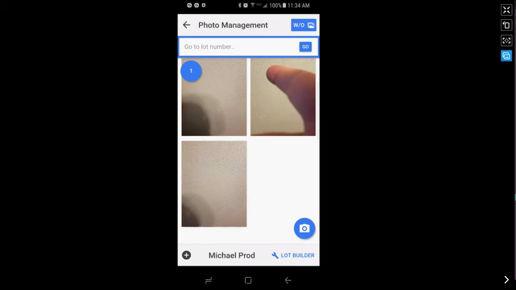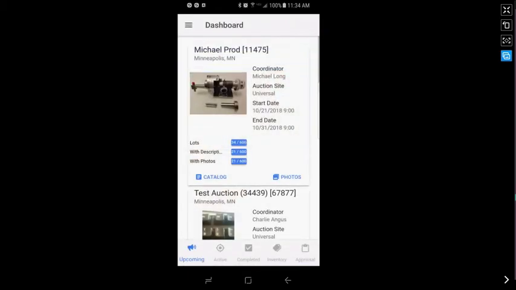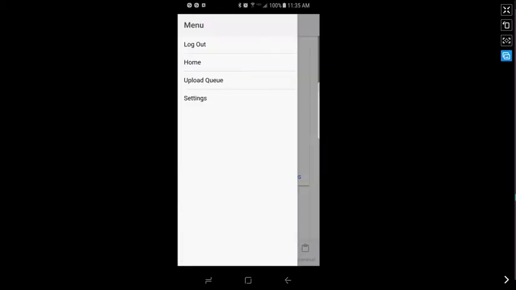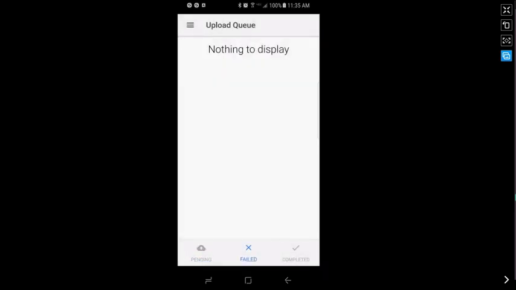If a picture is uploading in the failed queue over and over again, if there's any problems with that, usually that means that there's an internet connection issue. You could try moving down the size of your pictures, which will be outlined in another one of our guides on how to edit the size and what the sizes mean. As well as you could potentially switch to Wi-Fi, which makes it much faster in the upload process. Or you could try using the offline or photo pause methods, which will all be outlined in our other help